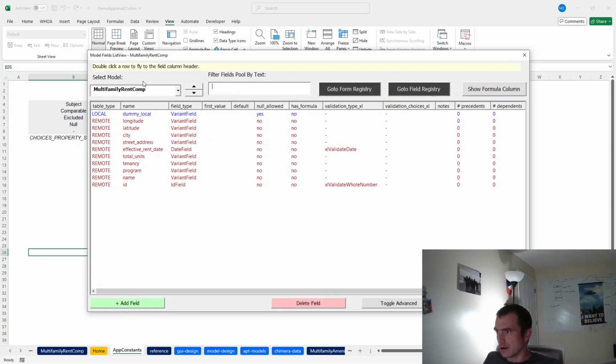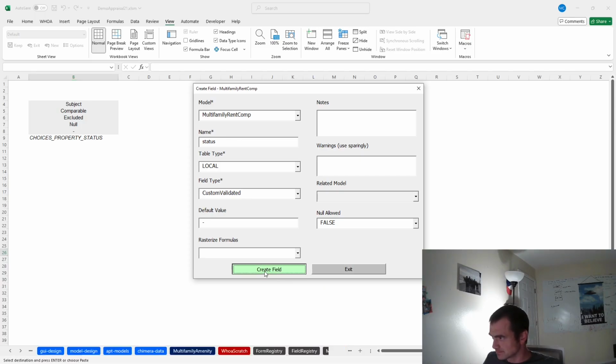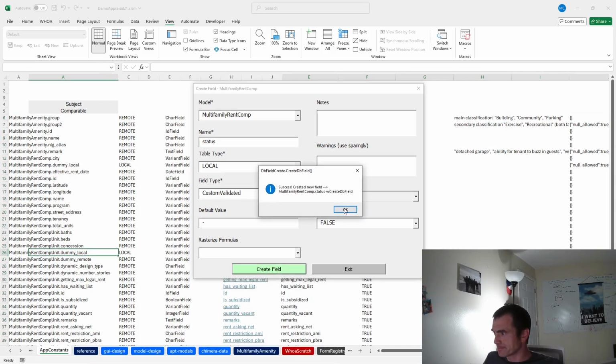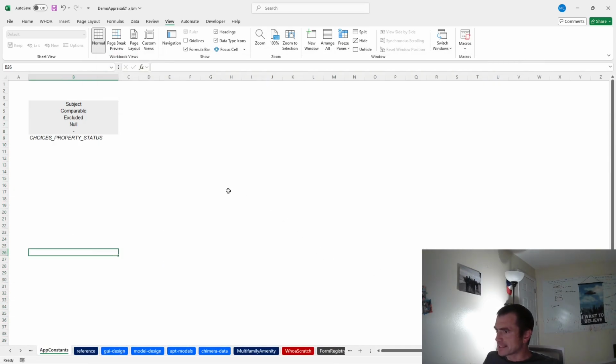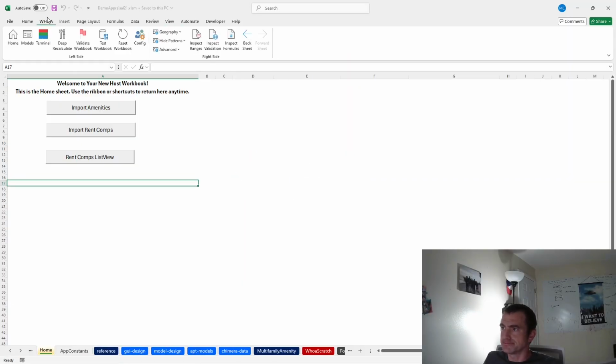Control-Shift-K opens up this shortcut to go directly to the fields inspector. Add a field, status, custom validated, null is false. Actually, I am going to put a default for dash. And it's a local field. Okay? At this exact moment in time, if I were to run this validate workbook,